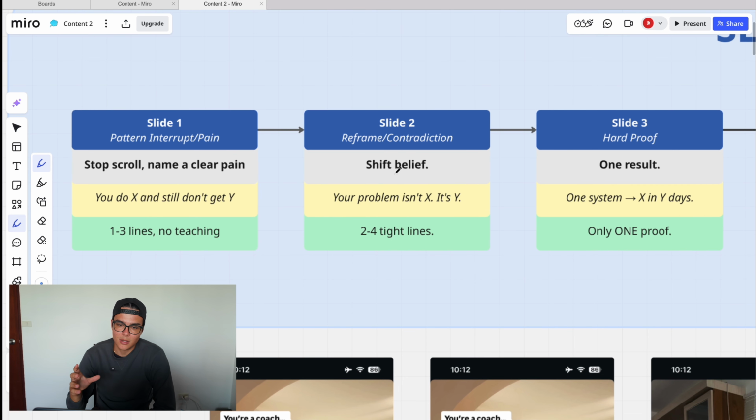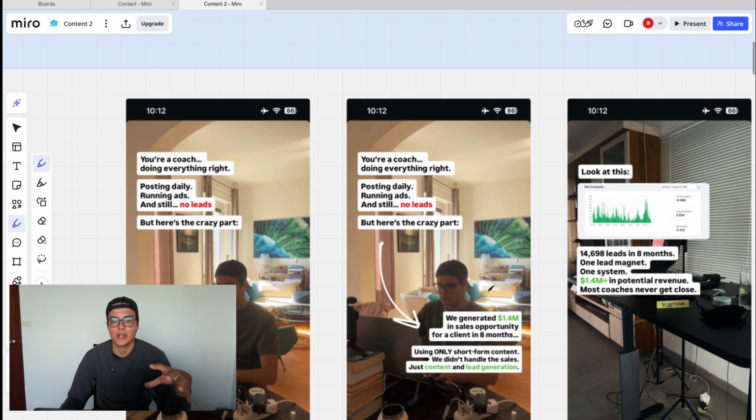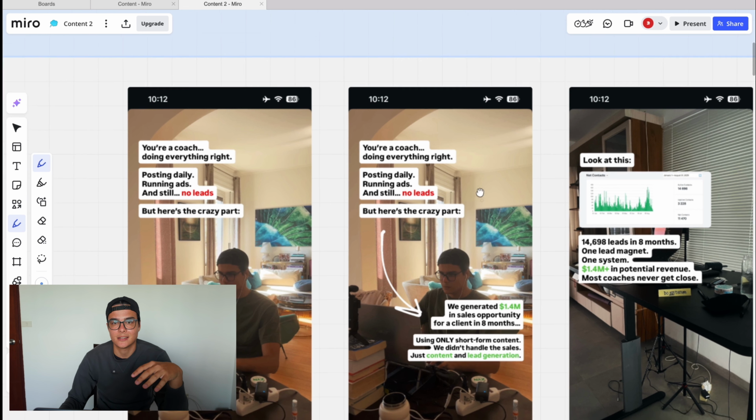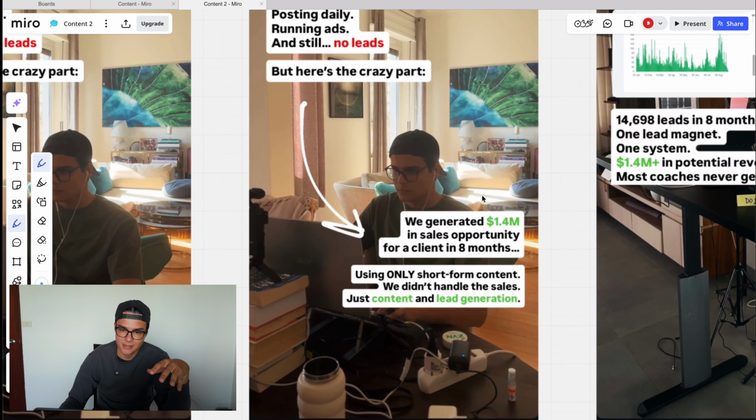where you do either a reframe or you contradict something. So you shift somebody's belief, and you talk about how their problem isn't actually what they think it is, it's something else. I didn't outright say your problem isn't X, it's Y. What I did here is I listed a client result, so how we generated a $1.4 million sales pipeline for